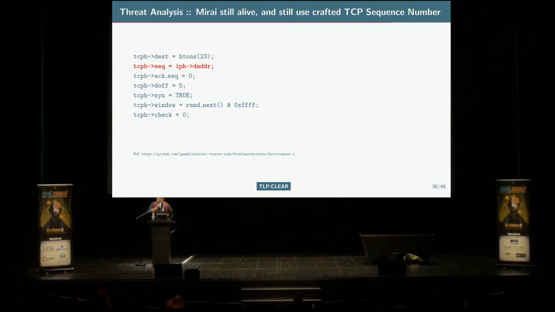Another funny point, which is easy to do. Mirai, this guy is now 10 years old. 10 years old. The original source code explains that the TCP sequence number is the same as the IP destination, just to help the router to not maintain the transaction table and to keep everything going well without eating any memory.